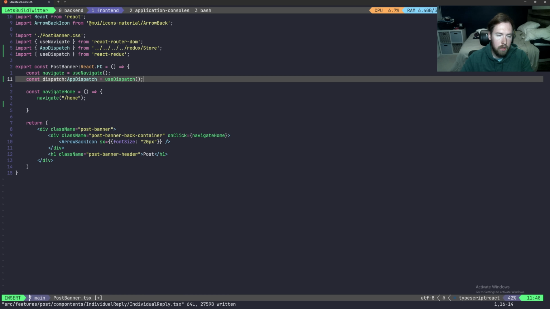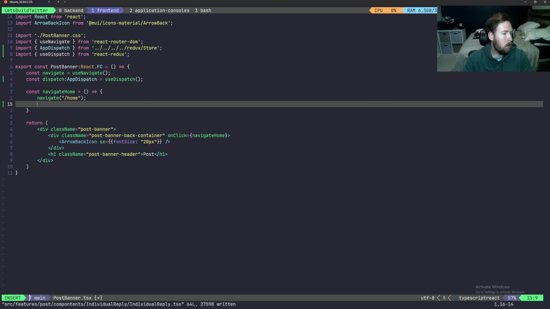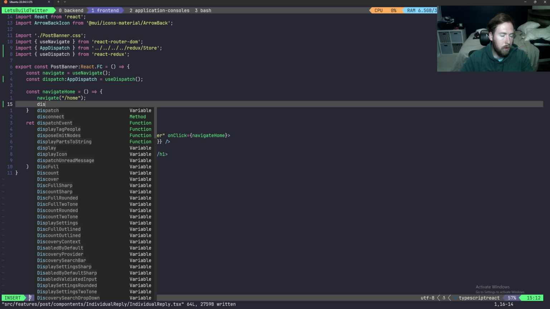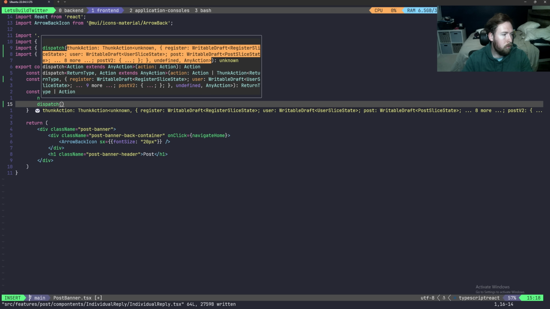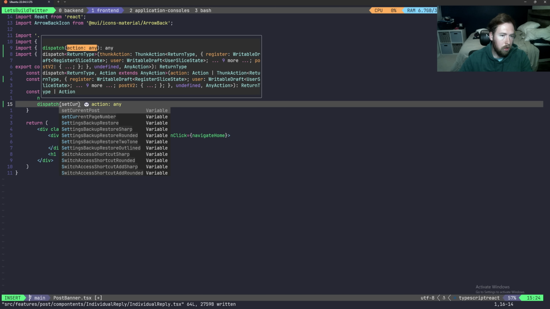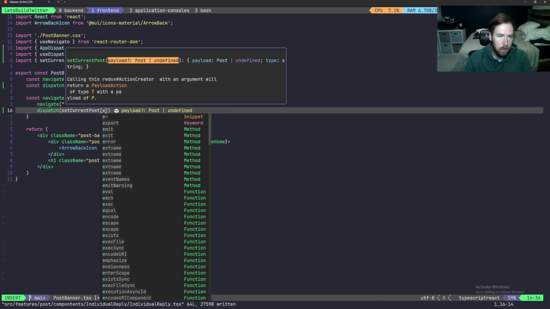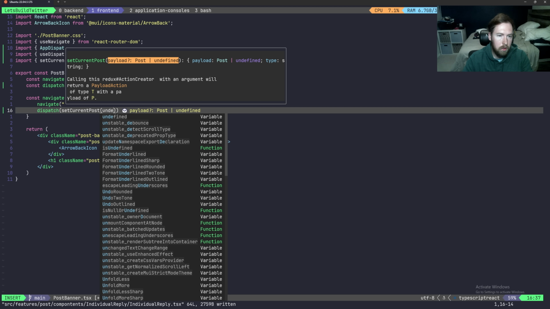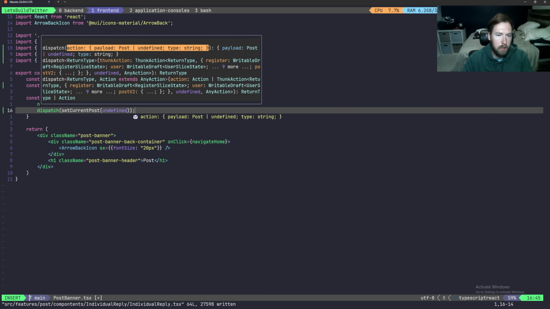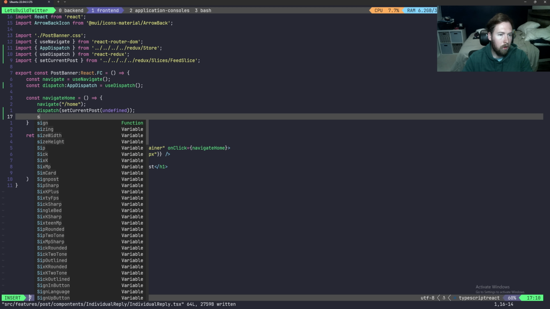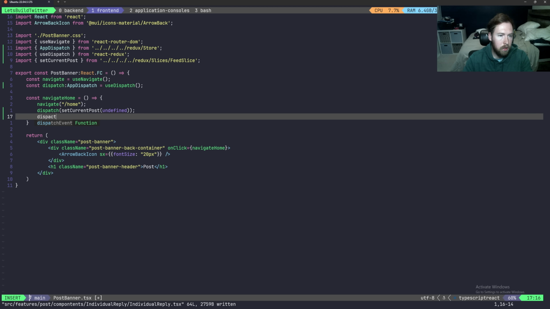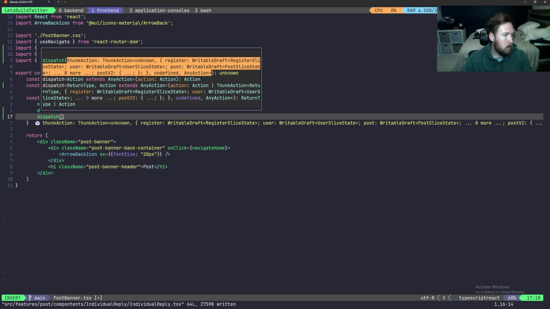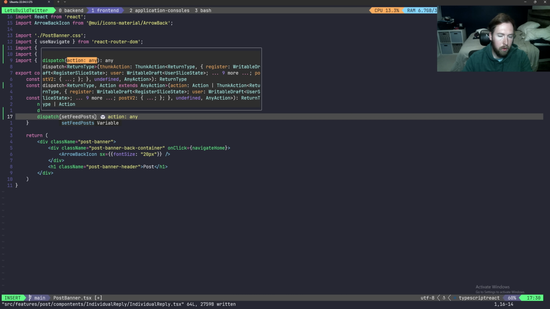And we're going to go ahead and do this. So now we're going to go ahead and dispatch a few things. Whenever we close out of the post review, I'm going to set our current post to undefined inside of our feed slice. So this should help us reset our feed post, or our post dispatch. We're going to dispatch set feed post to an